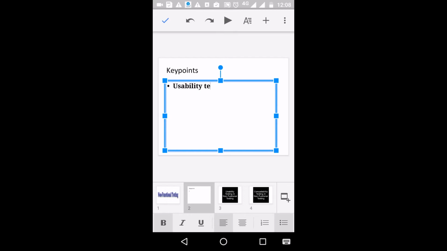Usability testing is also called accessibility testing, and we can also highlight the point user friendliness here. Okay, this is usability testing.